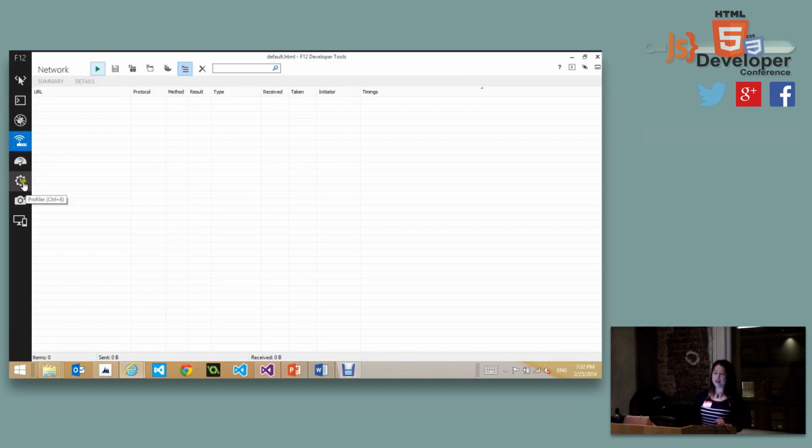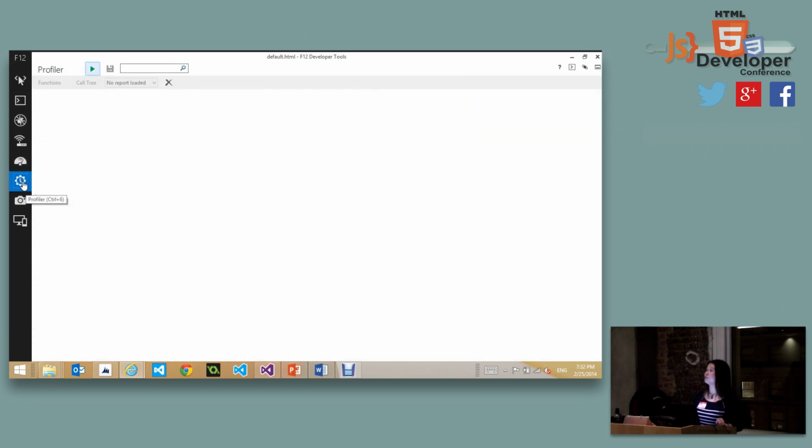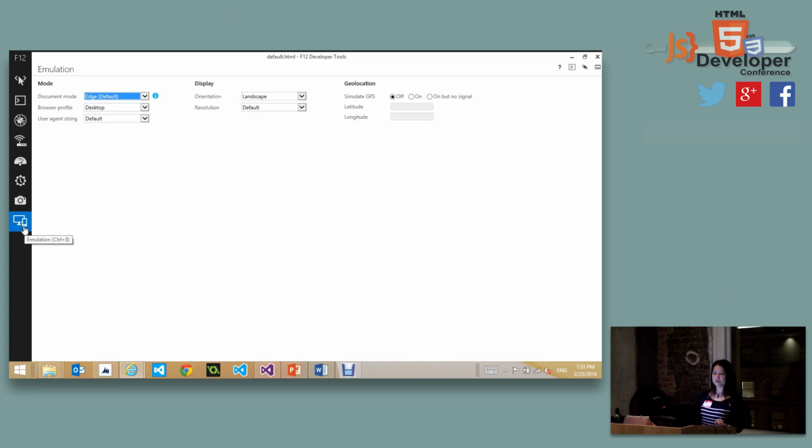You can also use the memory profiler to see how the memory is doing in this particular app. And this part is not just for the website, but also tells you what kind of browser profile you're using, the desktop or some other things, the layout.